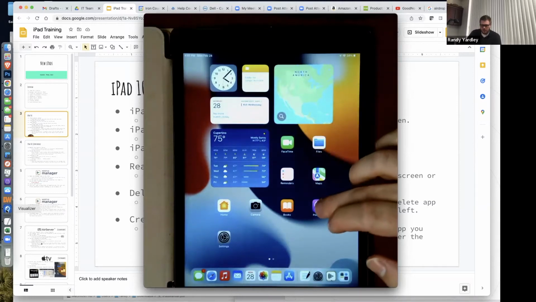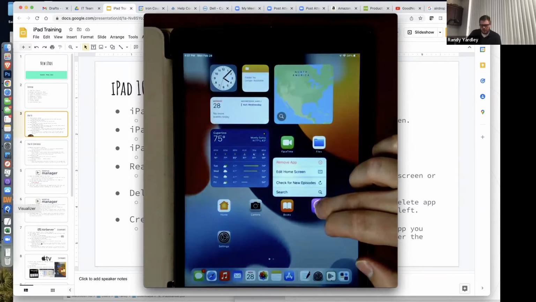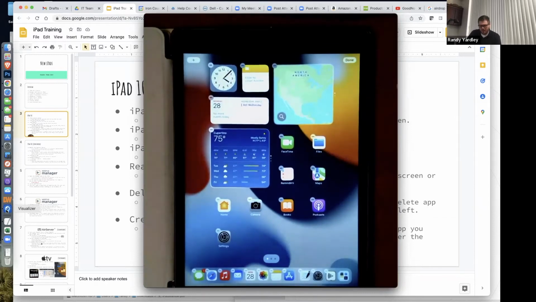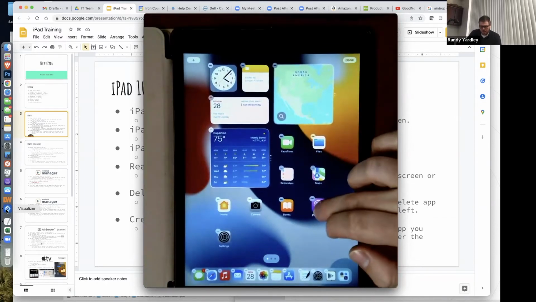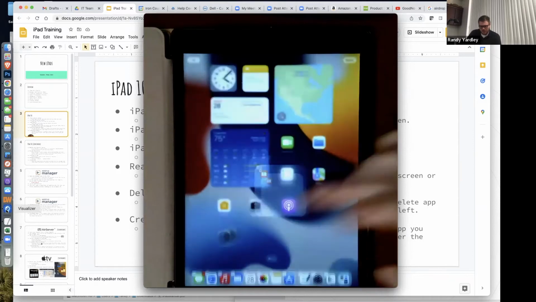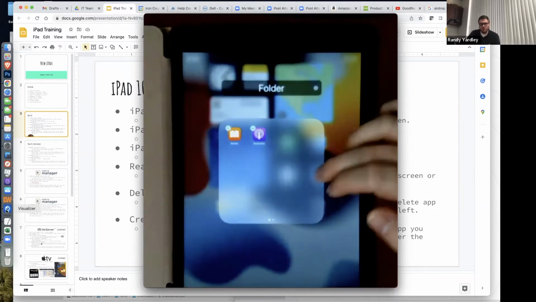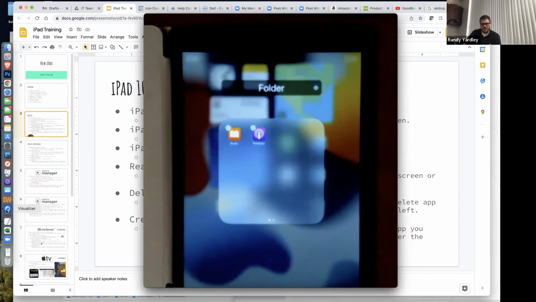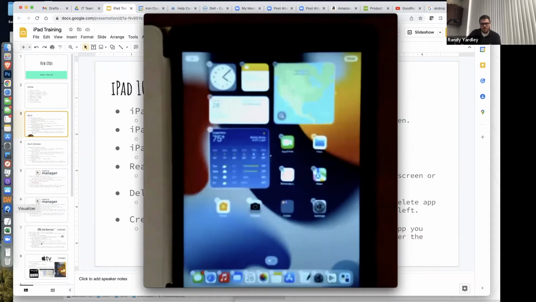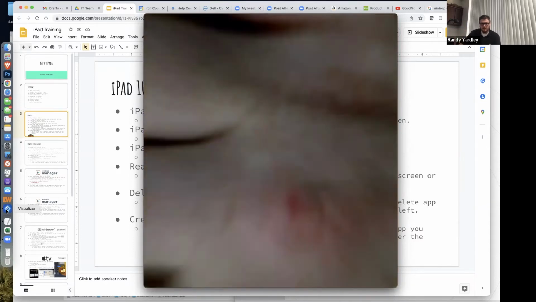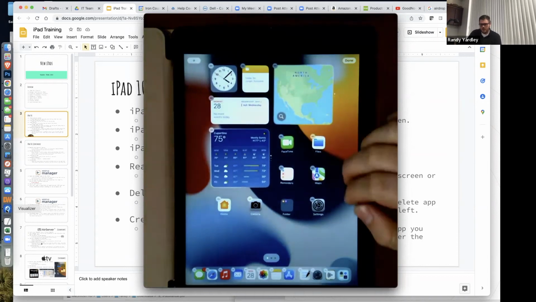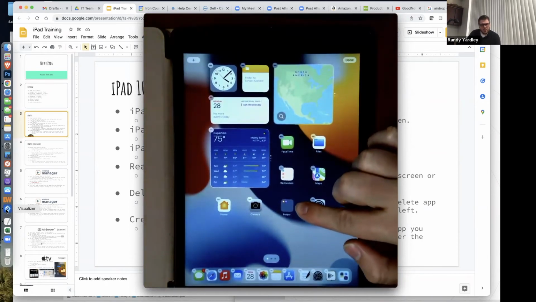What you can do is push and hold until we get them wiggling here. So now we have our icons wiggling. Now, if I move this and hover over top, it's going to create a folder where I can now put those in. Let's get that to focus here. Come on. There we go. So now we have this folder, but I'm going to leave it wiggling because I don't